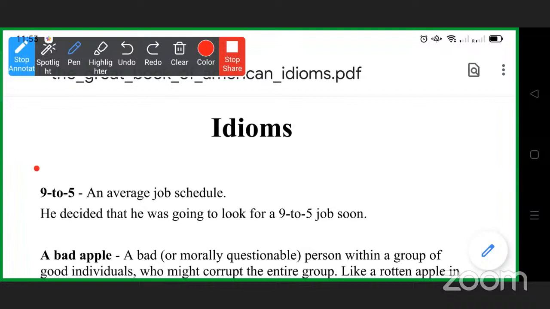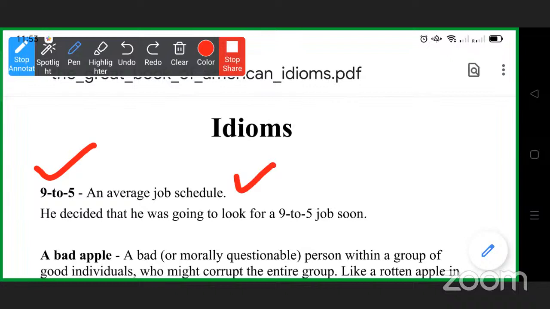ਹੁਣ ਸਭ ਤੋਂ ਪਹਿਲਾਂ ਸਾਡਾ ਆ ਗਿਆ 9 to 5, ਜਿਹੜੇ ਪਹਿਲੇ ਤੁਹਾਨੂੰ ਕੱਲ ਪਿਛਲੇ ਸੈਸ਼ਨ ਦੇ ਵਿੱਚ ਈਡੀਐਮ ਕਰਵਾਏ, then that's a good thing ਕਿ ਅਗਰ ਤੁਸੀਂ ਉਹਨਾਂ ਨੂੰ ਪ੍ਰੈਕਟਿਸ ਕੀਤਾ, because practice makes the man and women both perfect. So without doing practice you can't make sure how much I gained, how much I learned, or how much I naturally speak, है ना। तो चलो आंदे हैं पहले वाले ते 9 to 5, an average job schedule।